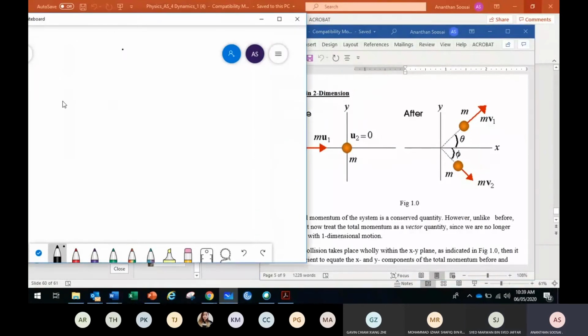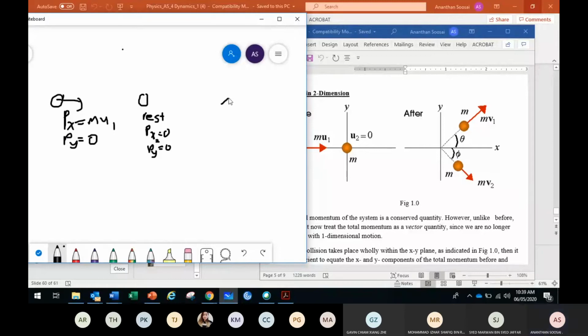So the first body here is moving straight. So the px value is what? Px value is exactly m1 u1. The second body was at rest. Because it's at rest, the px value, px2, is 0. And of course, the py value is also 0 because it's at rest. Py, how much? Py value is 0 because it's perfectly horizontal.